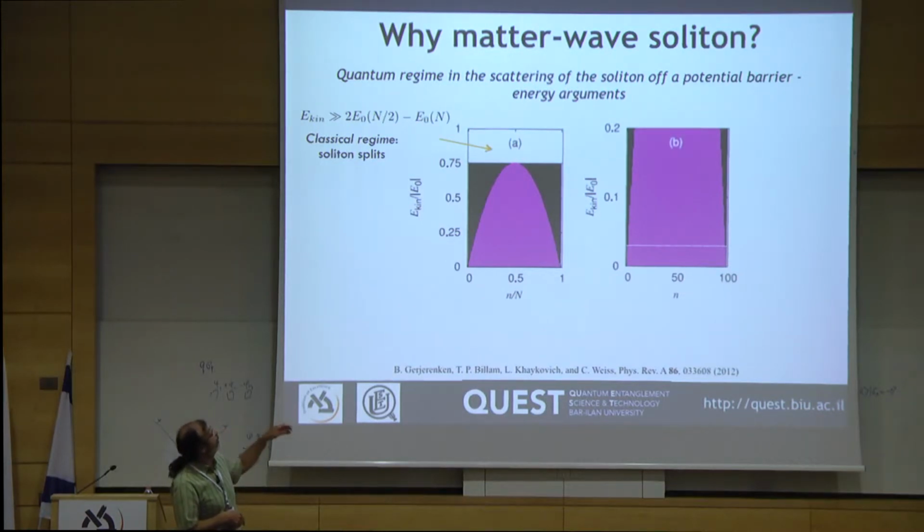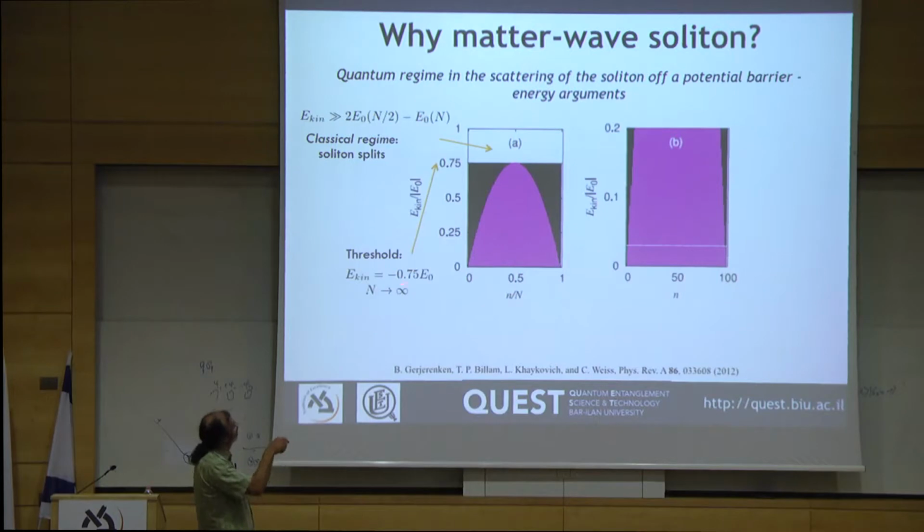Well, if we go down to a certain threshold, by simple calculation, this threshold is not exactly 1, but it's a bit less than 1. So when the kinetic energy is a bit less than the binding energy, this is true for the number of atoms going to infinity. It's a bit different number if we consider smaller numbers. This is the threshold where those black regions are allowed, and this is forbidden. This is because the binding energy goes very, very fast with the number of atoms.